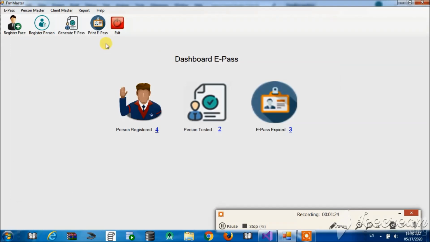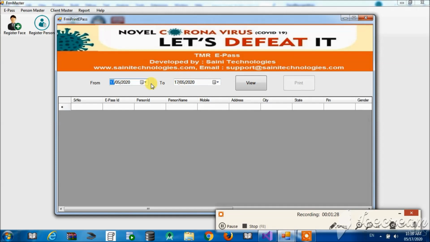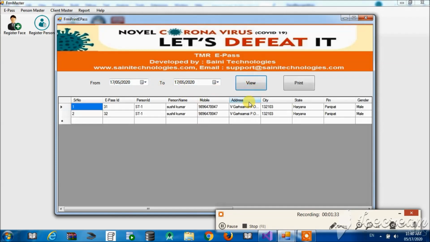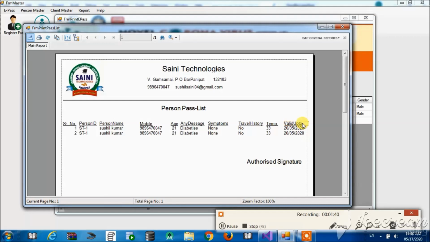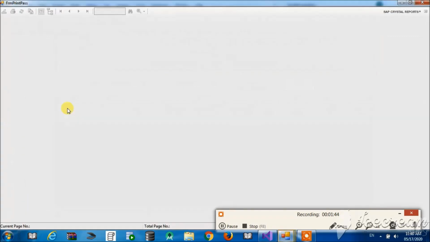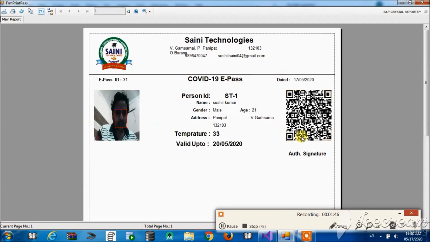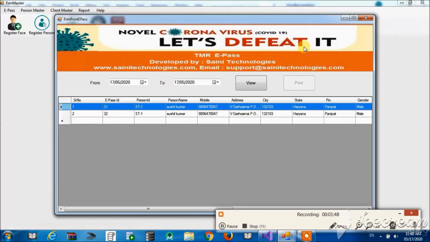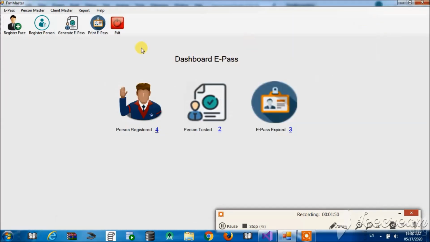We can also print e-pass according to dates. How many e-passes are printed here? There are 2 e-passes in total here. We can print this from here. List of persons. An individual pass can be printed from here at last. These are the reports we can use here.